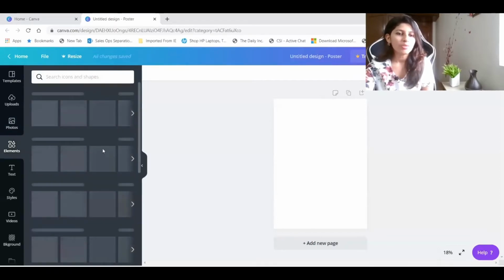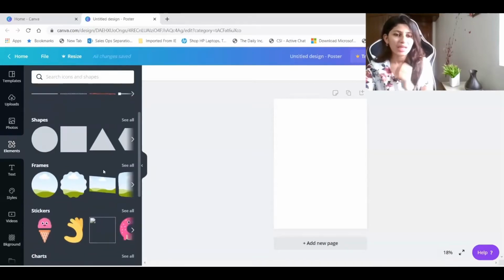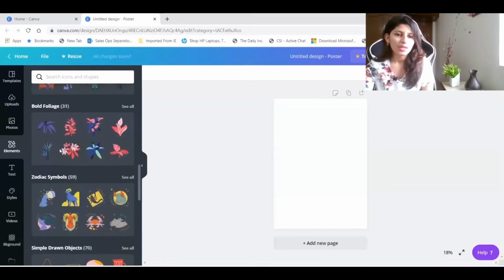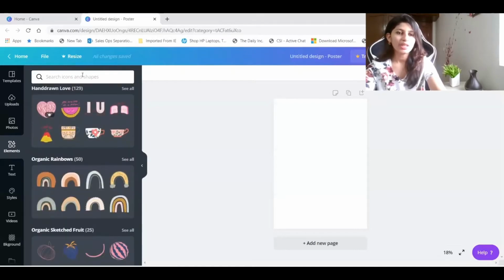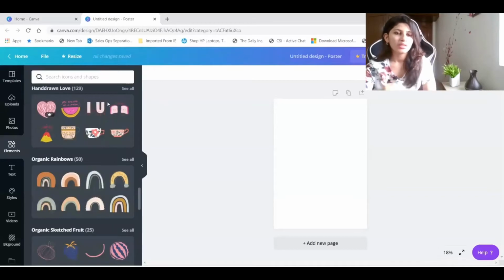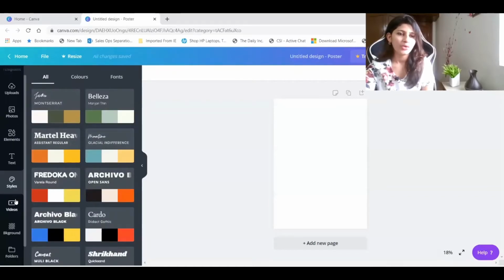Yeah. So in terms of elements, if you see here, there are a couple of elements that you can choose from, be it stickers or grids or any of these, right? And the good part over here is you can even type anything that you want to look for, and it would browse those elements for you. I will showcase all of these very soon. Yeah. And these are for text, and these are for in case you want to build a template, and a lot of this, right?